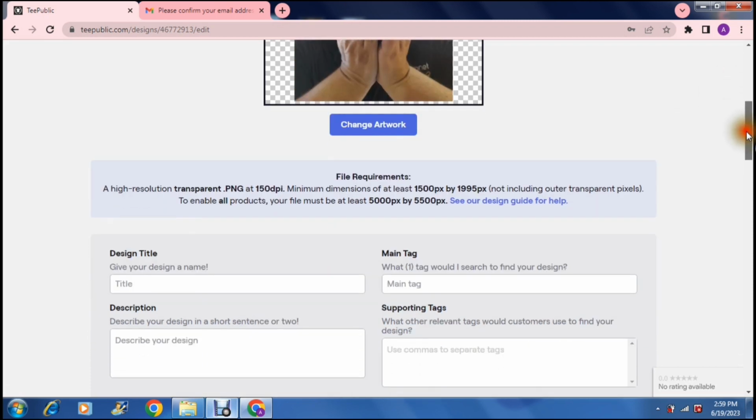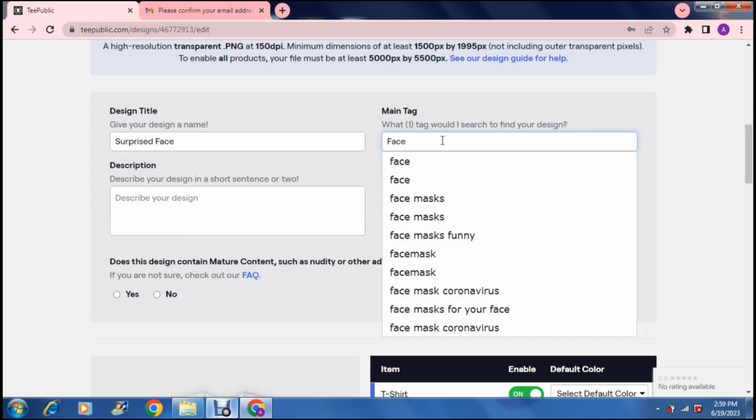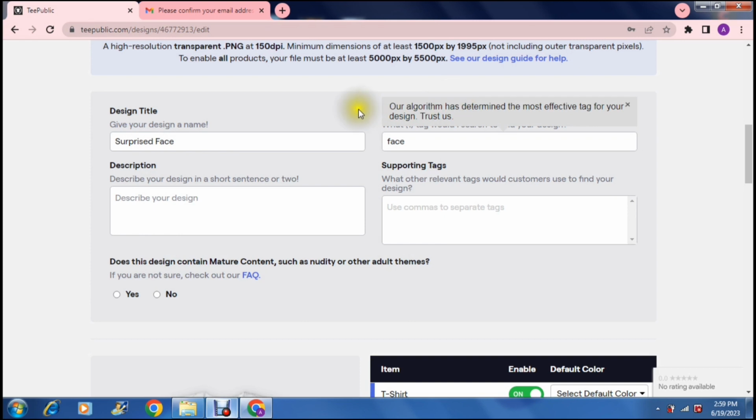All the requirements are still up over there, and it has now opened up all of these details. So you can design your title right over here. It says give your design a name, and we're just going to say a surprised face, and we go. And then you have one main tag, and this main tag basically will be the primary tag